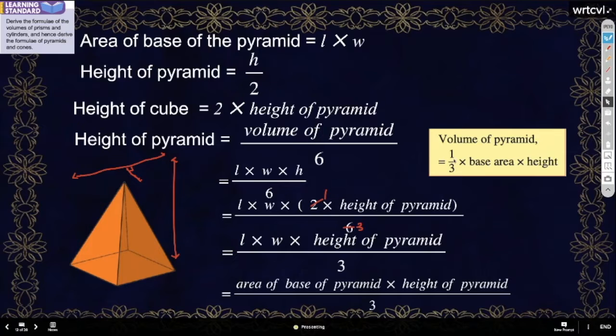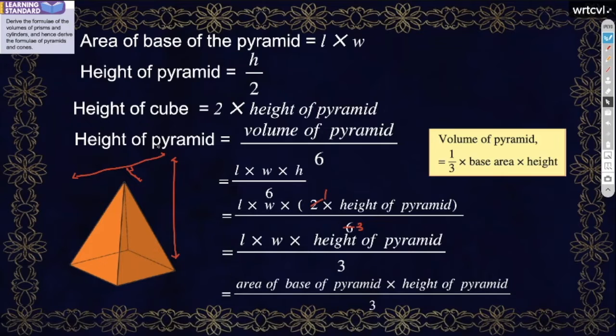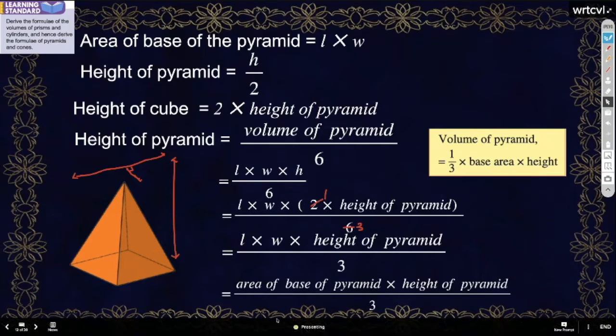This is how the formula of the volume of a pyramid is derived. It's not that the teacher just gives this formula. How it comes, like here, from here. So you have to know it comes actually from a cube, then you can divide it into 6 parts, then take one by one. This is how we derive the formula.